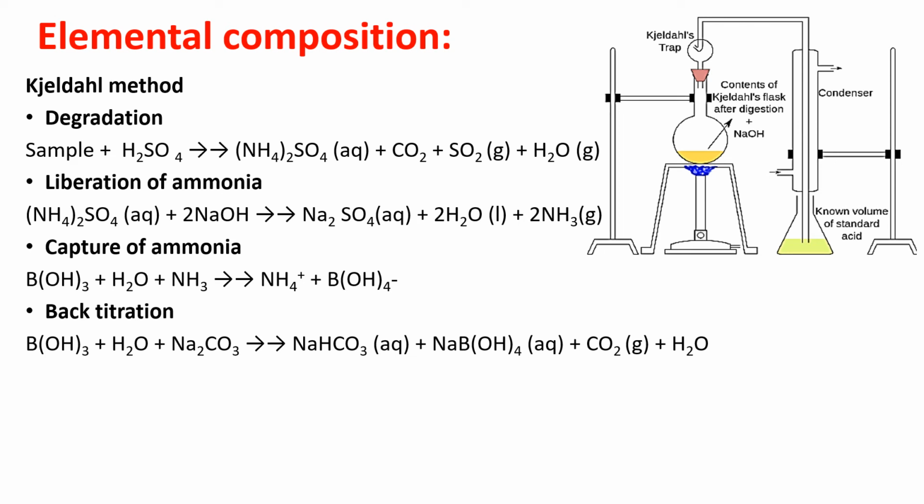Suppose you have initially added, we will take another number or example here, 60 boric acid molecules. Okay, hypothetical example. If these 60 boric acid molecules react with 60 sodium carbonate, you will get 60 sodium bicarbonate molecules and sodium borate and all. This indicates that initially whatever 60 you have added, you have got 60 sodium borates. That means there is no ammonia in your sample.